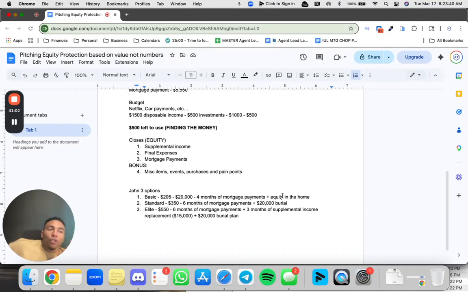So the cool thing is when you explain these concepts, you tell them, hey, equity protection, you tell them what supplemental income is, and then obviously they know what final expenses are. So when you pitch them, they know what to do with the money, because it's not buying life insurance for the thing. It's buying life insurance for whatever you associate the life insurance to be useful for. And if you can explain to your client how it works, they're more likely to keep it and less likely to charge back. Because when another agent calls and says, yeah, we're going to come and replace your policy,